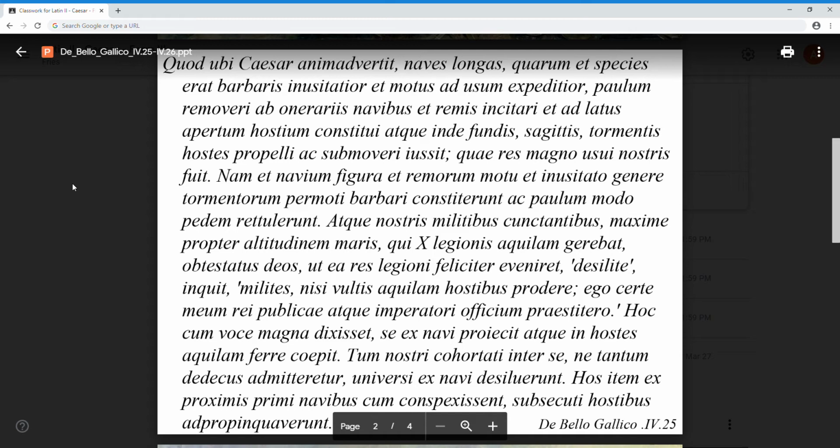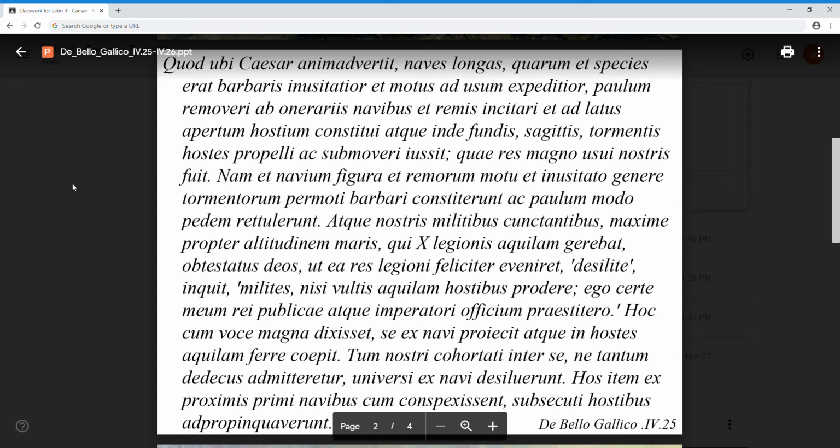Quarum is a relative, genitive, plural, feminine. Its antecedent are the naves longas, which are also accusative, plural, feminine. Both of them are plural, feminine, whereas naves longas is accusative, quarum is genitive, because inside its own relative adjectival clause, it needs to be genitive. Out of which,